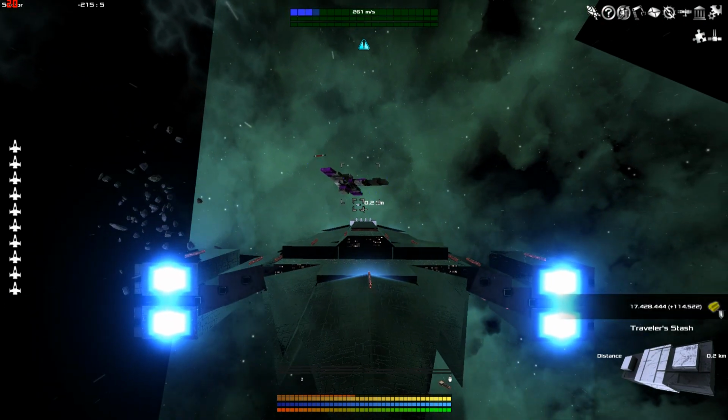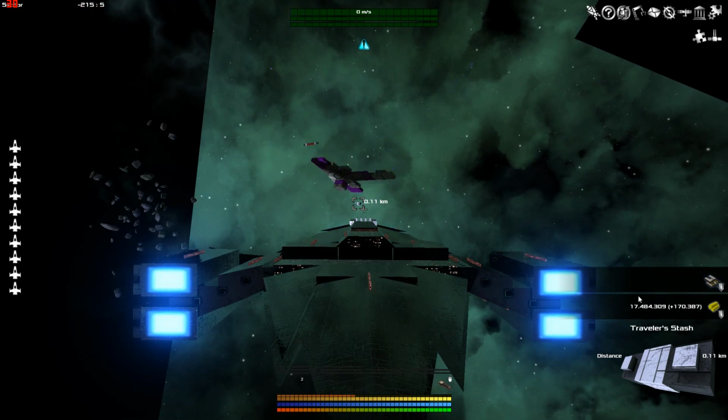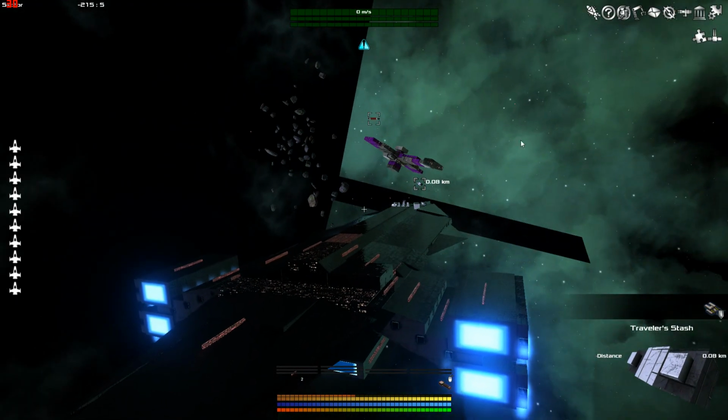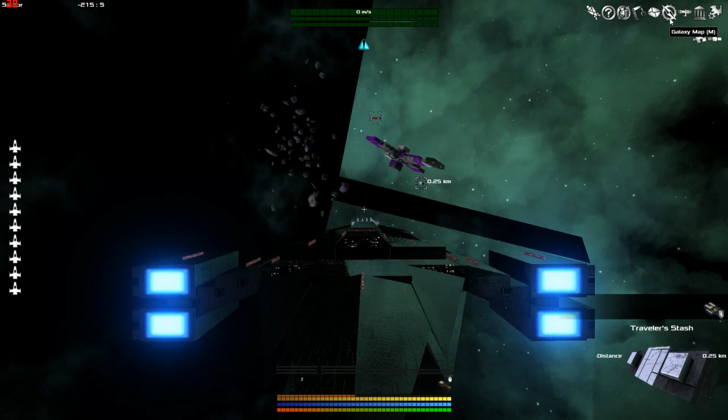Let's pull in next to there. There's always a traveler stash here. We'll interact with it, and we're going to pick up a double laser turret and 170,000 credits. Yeah, traveler stashes are nice. So, yeah, there's some of the things so far that you can find with, of course, the jumping in and